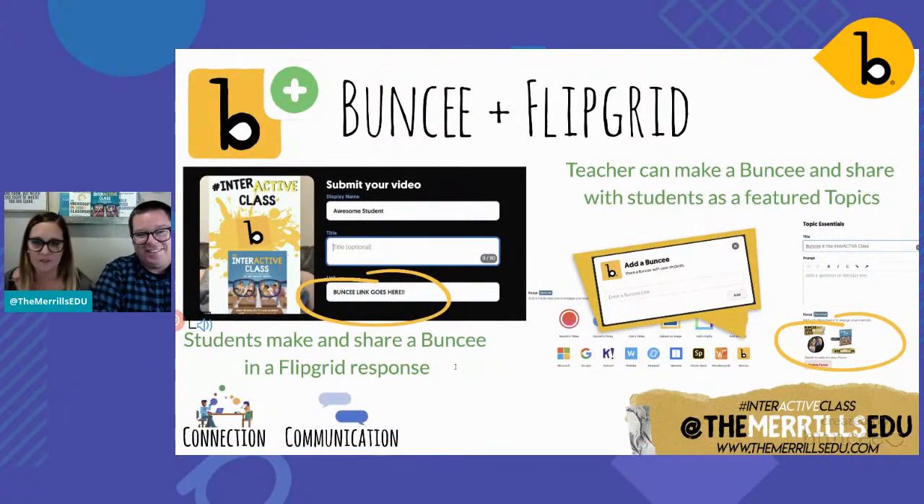All right, so Buncee and FLIPGRID, you can app smash a couple different ways. During remote learning, one of the things I did is I had my kids create in Buncee. They had an assignment. They already knew how to log in. And there's also a really cool feature. Gosh, I should have put it in here. I'm thinking of it as I'm going, where you can change all of the kids' passwords to the same thing,